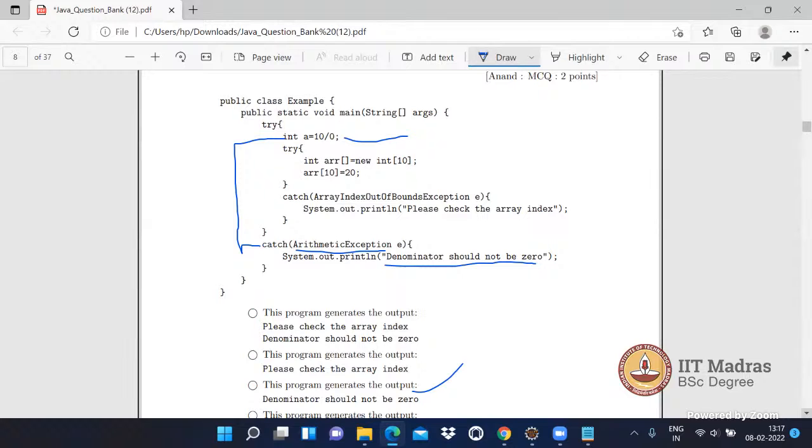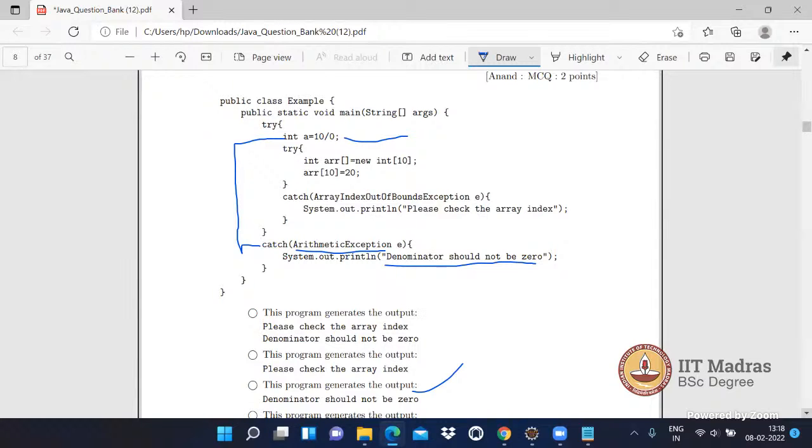Yeah, but the exception will not be raised every time, right? Here it is a fixed value, 10 by 0, that's why it will execute every time. But you may have to design such an application where it is a variable, and sometimes it may come 0, sometimes different values. Then this type of example will be worthwhile. So Bimlesh, that's what the first statement I said, like int a equal to b by c, and c can take any value. Only if it becomes 0, then it comes inside the catch. If it doesn't become zero,